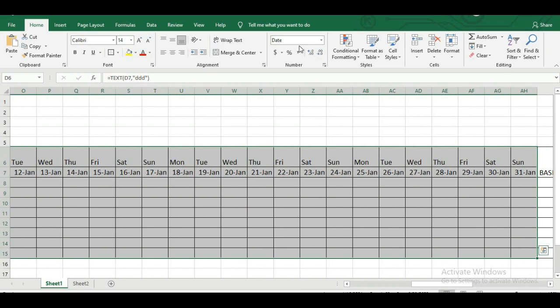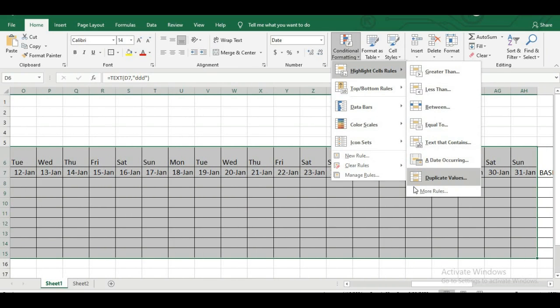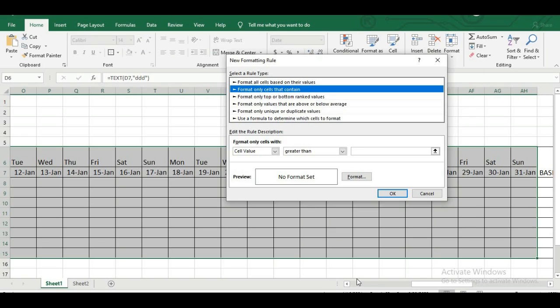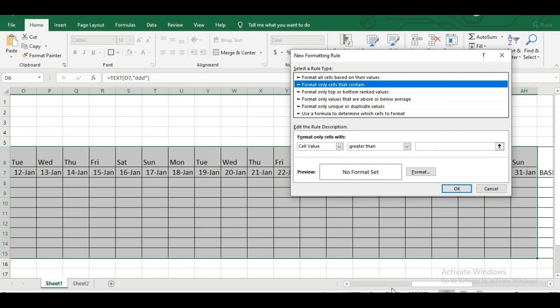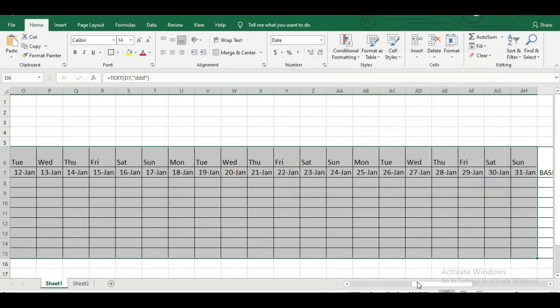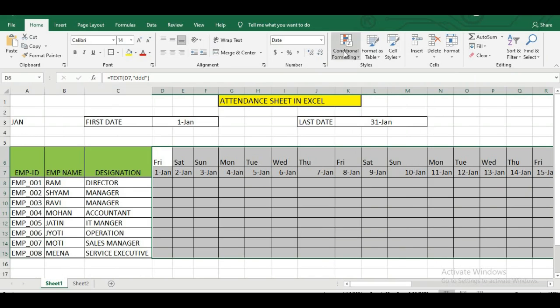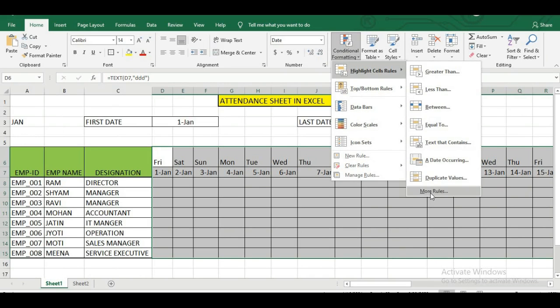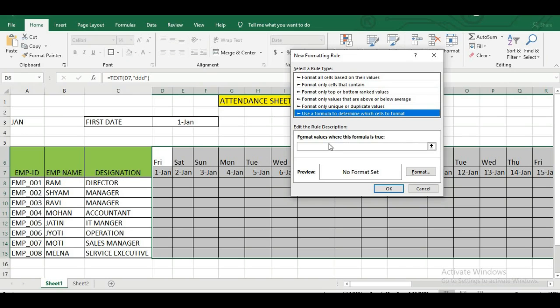After going till the end, I will go to conditional formatting and then more rules, and from here use formula. Here I will click on this Friday first cell and then equal to inverted comma, and in this I will type Sunday, inverted comma close. From this D, I have to remove this dollar sign because